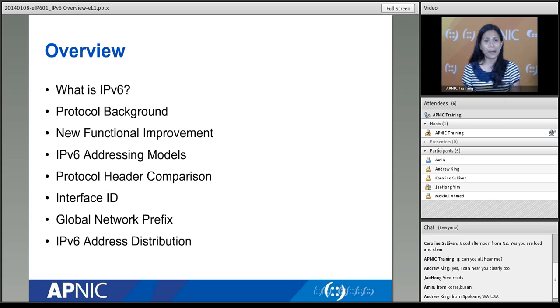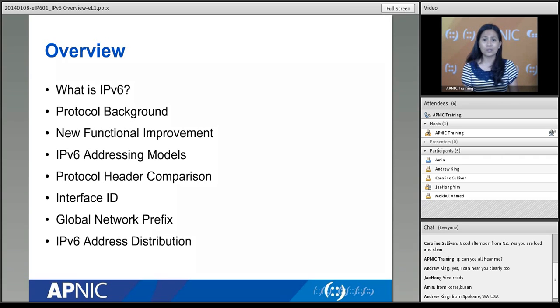These are common questions that people ask on a day-to-day basis once they've heard about this new protocol. So we'll look at the background of IPv6, how it started, what are the changes from v4 to v6, what are the functional improvements, what are the new features that have been introduced. We will be looking at the header so we can have a better comparison. We will look at the different addressing models because that's very important. Before you actually go on and deploy an IPv6 network, you have to understand the different types of IPv6 addresses as well. In this class, being just an overview, we have a separate module that discusses the IPv6 addresses in more detail, but we will still have a look at that because that is essential as we move on.